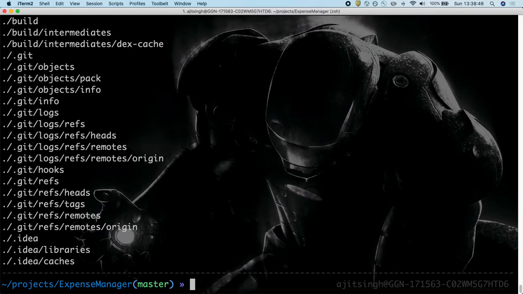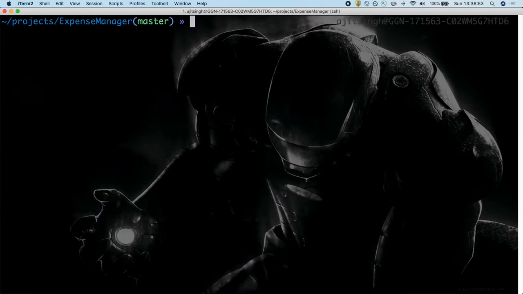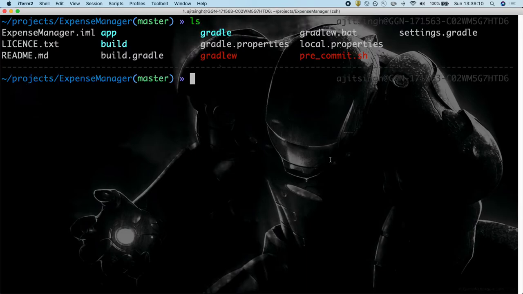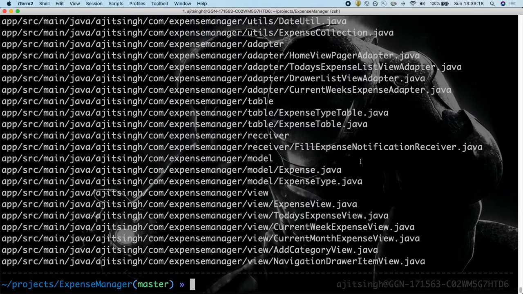Our next criteria will be to search a file based on its name. If you know the complete name of the file, then it's a lot quicker and a lot faster, but you can also search files based on regular expressions. For example, if I want to search for a file, let us just list some files in the app directory, and maybe we can look for this particular file, and let's see how we can do it.